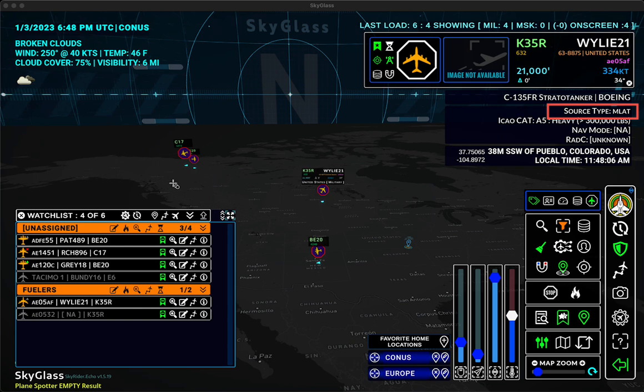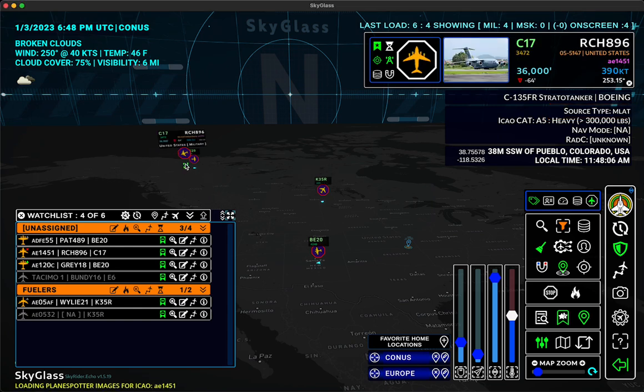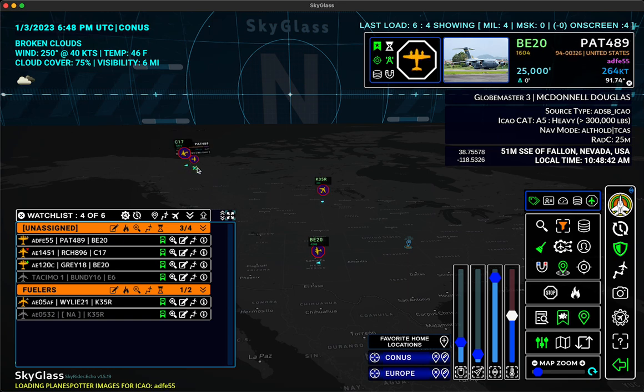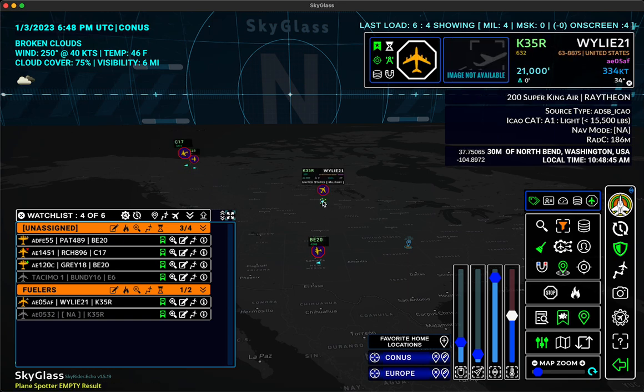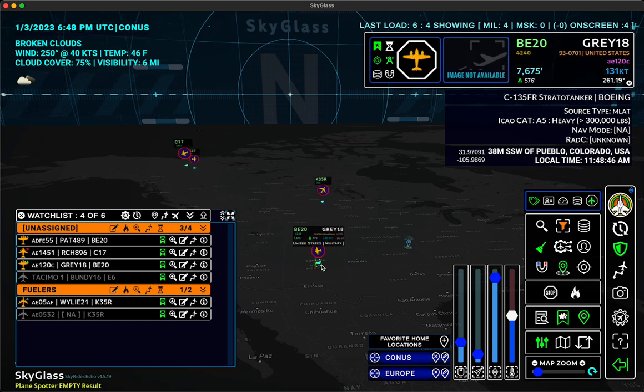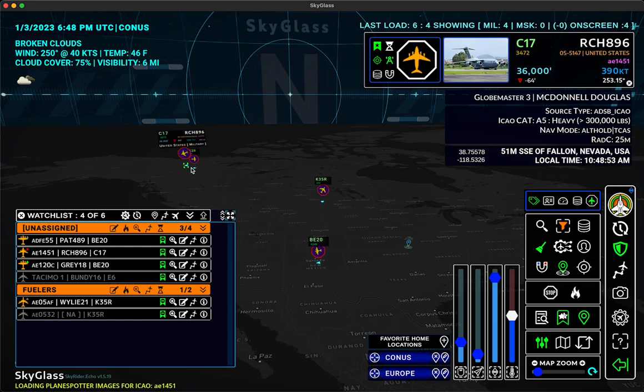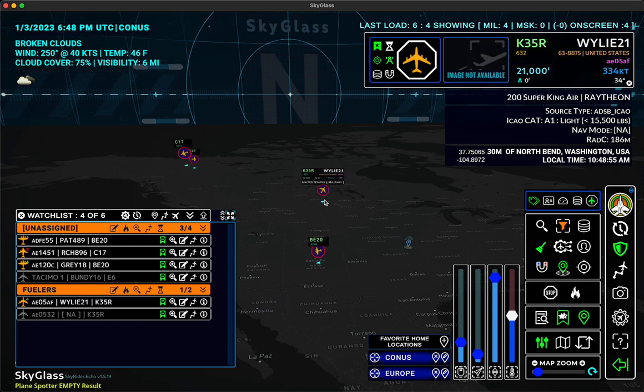All right, so notice that all the aircraft that are flying right now are either going to be MLAT or ICAO. That means they're part of the ADSB system, and MLAT means multilaterated, meaning it's got several feeders that it's being covered with or being reported by, or it's got this ADSB